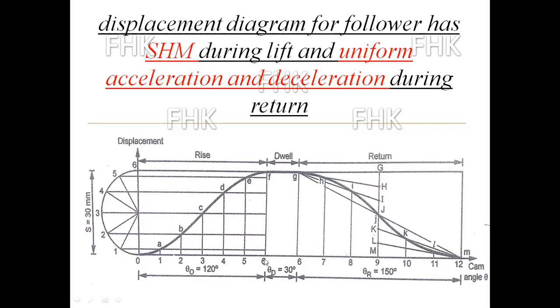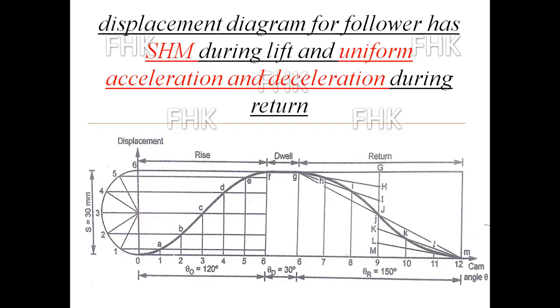Because I divide that rotation axis again into six equal parts. If I divide the outward stroke into 8 equal parts, I will divide that half circle again into 8 equal parts. So your one part will be of 30 degree, 30 degree, 30 degree. It will become 90 degree. Again, this will be 30 degree, 30 degree, 30 degree.